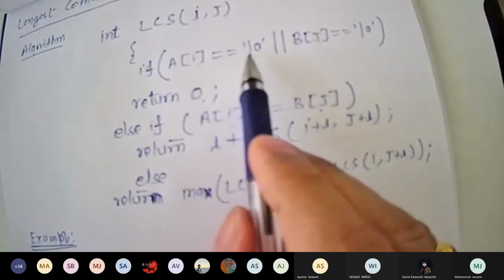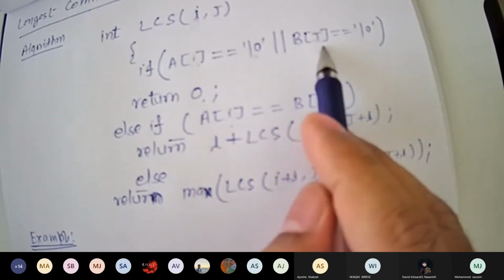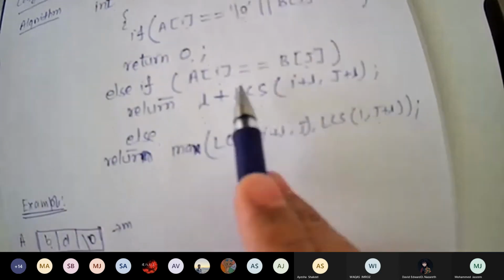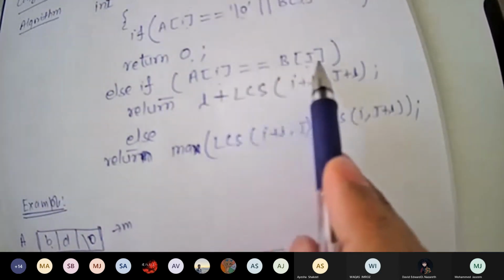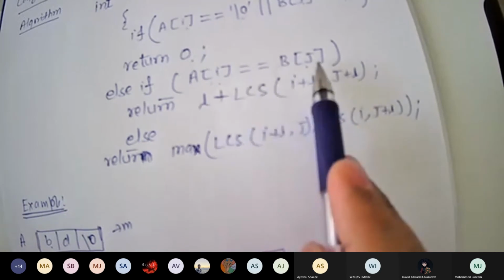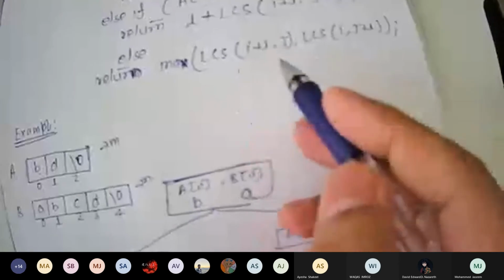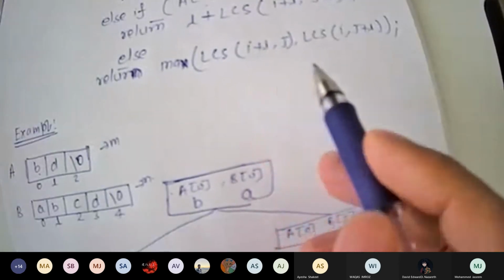Now, both values were A and B, so nothing is at \0. This condition is not satisfied. Then you will check the second condition: both are the same? No, A of 0 is A and B of 0 is B. So not the same, and this condition will also not work. Then you will come to the third condition. If both conditions are not satisfied, what is happening in the third condition?